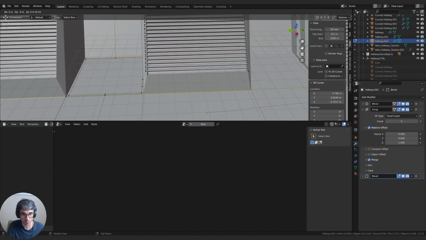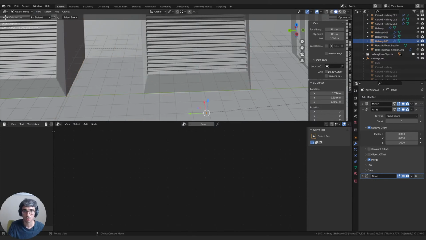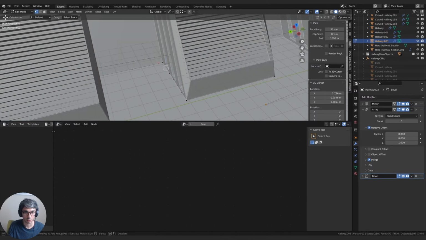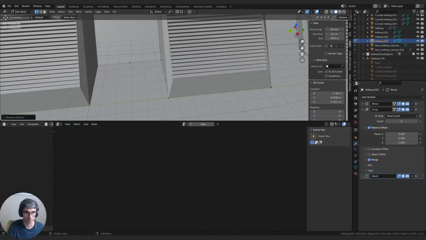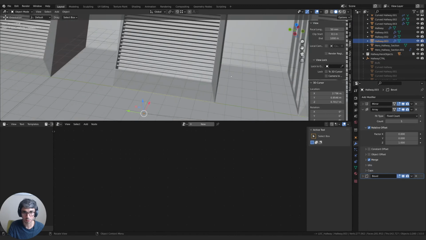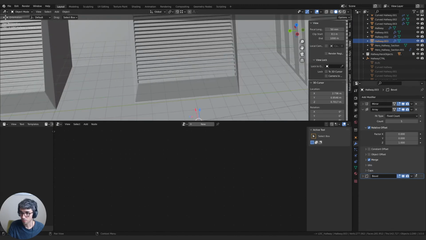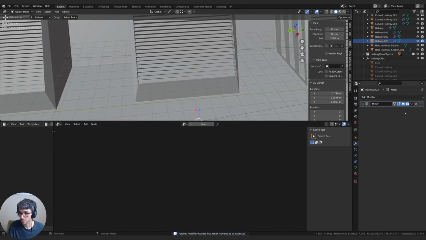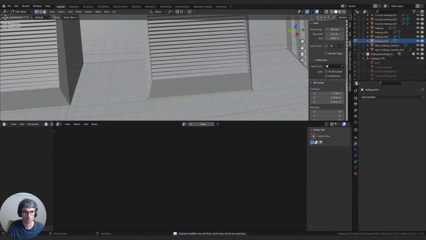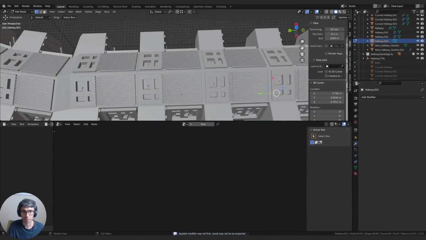And let's go Shift D, duplicate, P, separate by selection, leave edit mode, select it, find edit mode, make sure we've got it. Yep. And let's select these, X, dissolve vertexes. And then we're going to get rid of the bevel, and then we apply the array, apply the mirror. Now we should have,